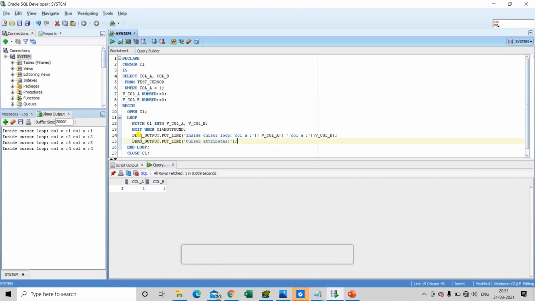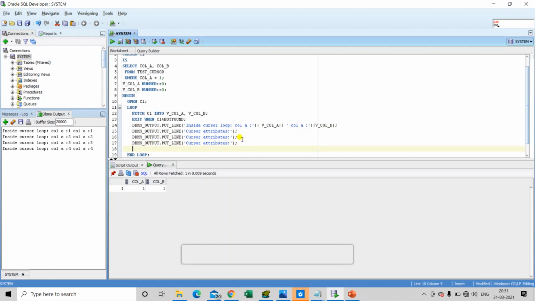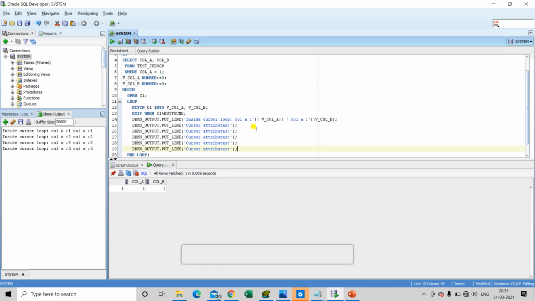So now I will be using dbms output to print the values of cursor attributes on the console. To print the values of cursor attributes for any explicit cursor, we use cursor name dot, sorry, percent found, or whatever attribute you are printing.